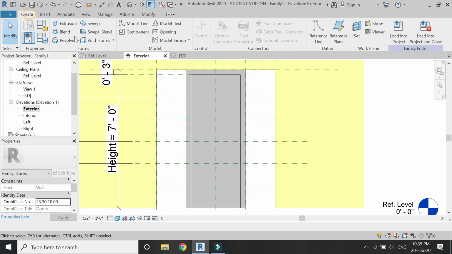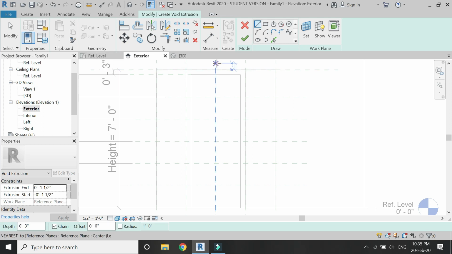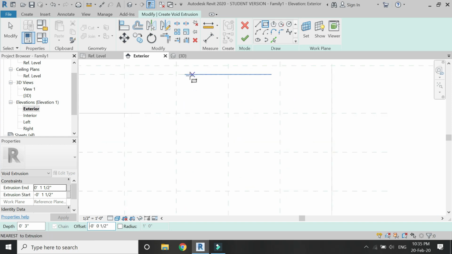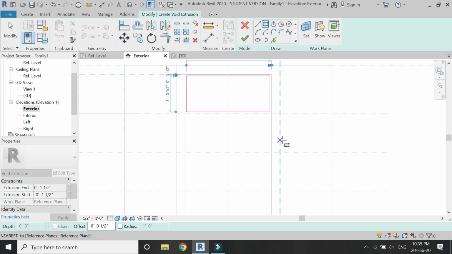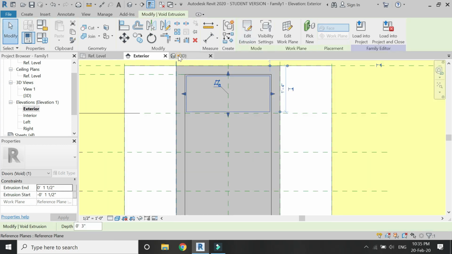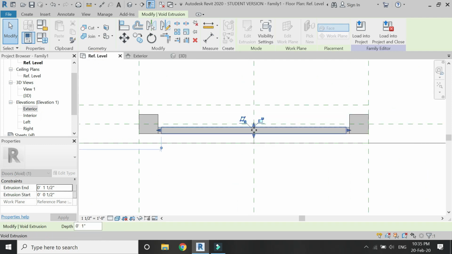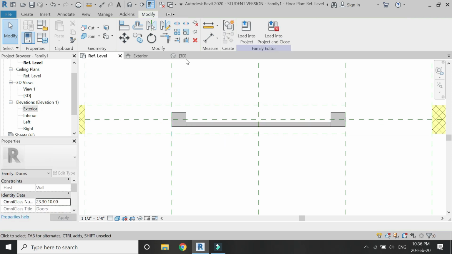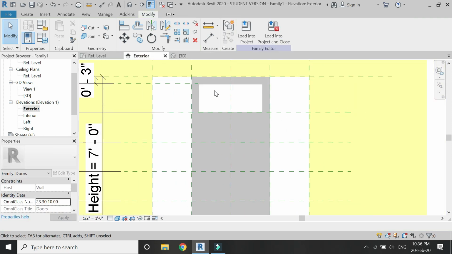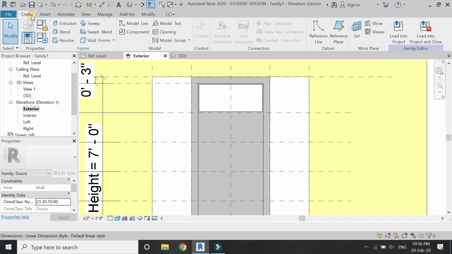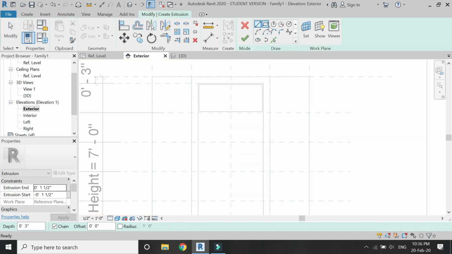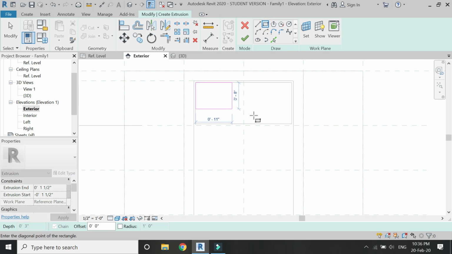After that, select this void extrusion and then draw a rectangle with an offset of minus 0.5 inches. So this will create an opening within the door where I am going to place the glass. For that, again select extrusion and then draw the rectangle, lock the 4 sides,